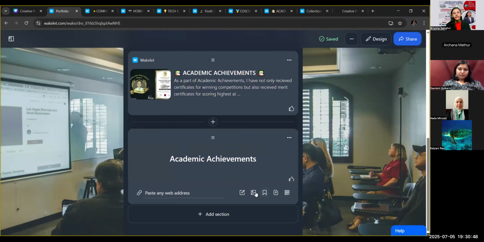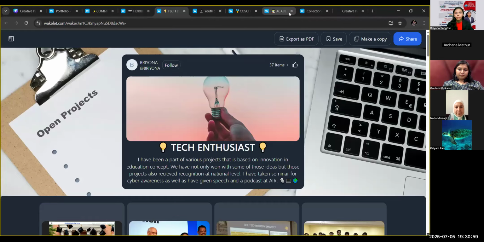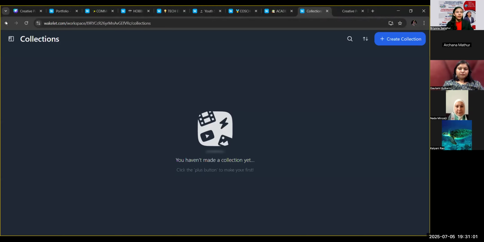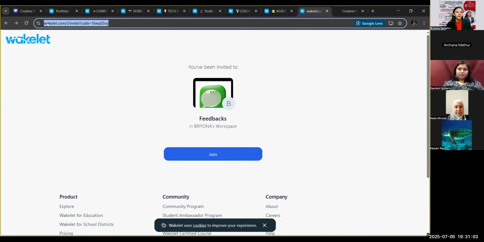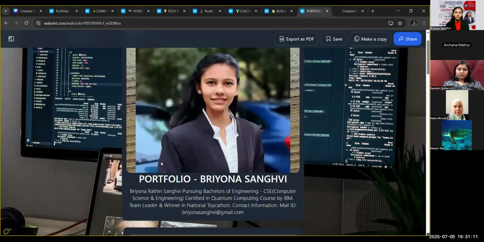After adding text, you have the option to add an image. As you can see in the main portfolio, I've added a collage picture of my achievements. So what you can do is, if you have multiple achievements,